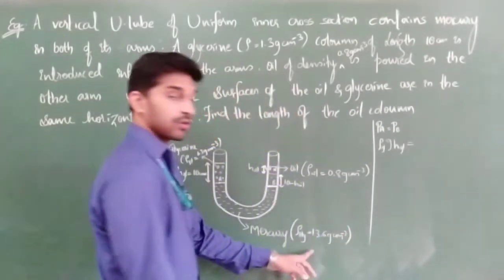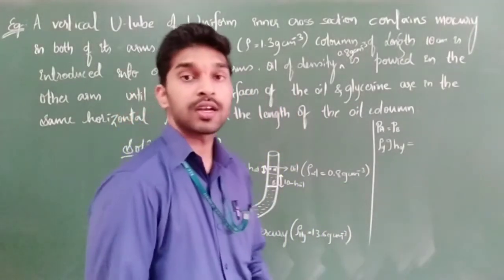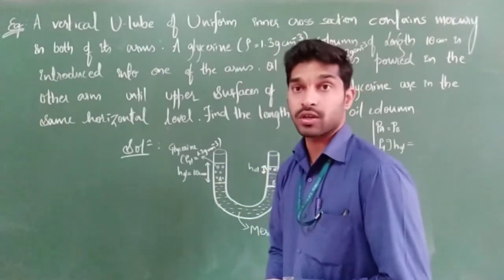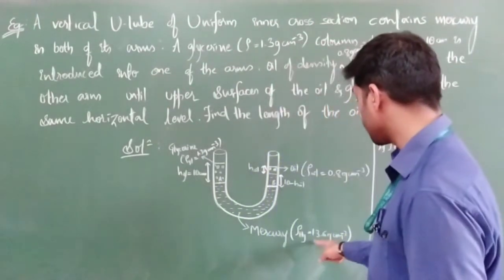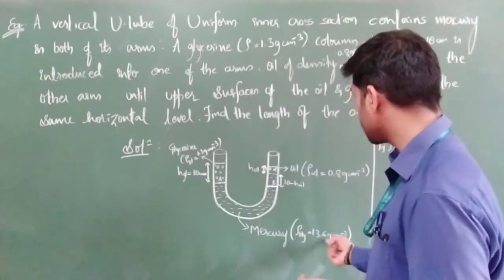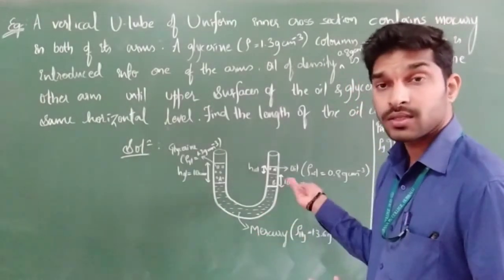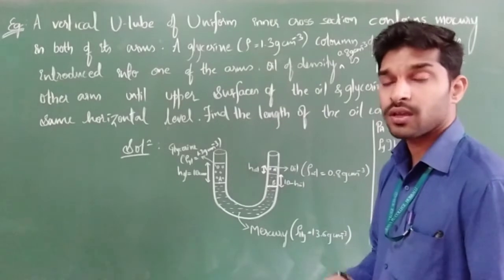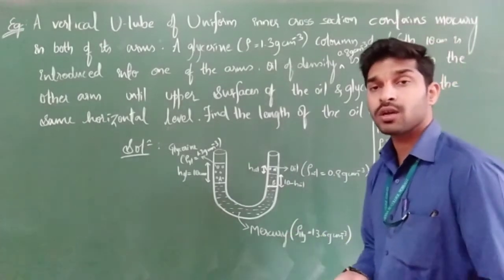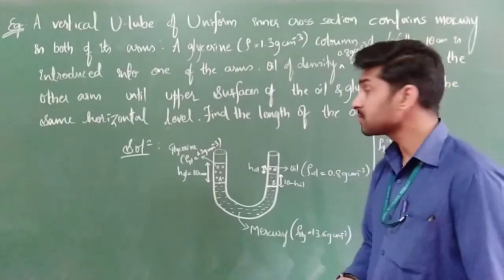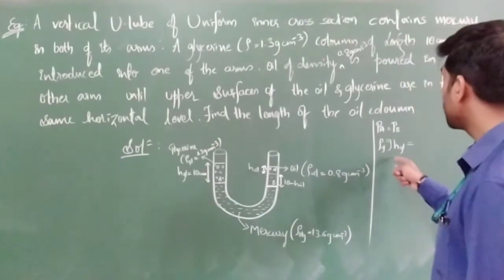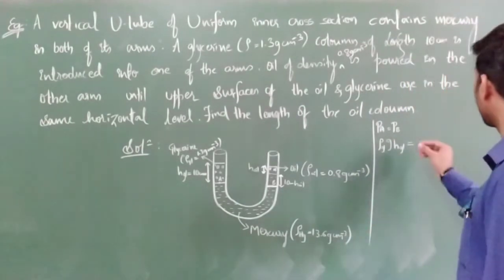Okay, we had checked now. Correct? It is 13.6 times the density of water. So density of mercury is nothing but 13.6 in CGS units, gram per centimeter cube. Don't convert the CGS units to SI units. The answer they are expecting is in CGS units only.